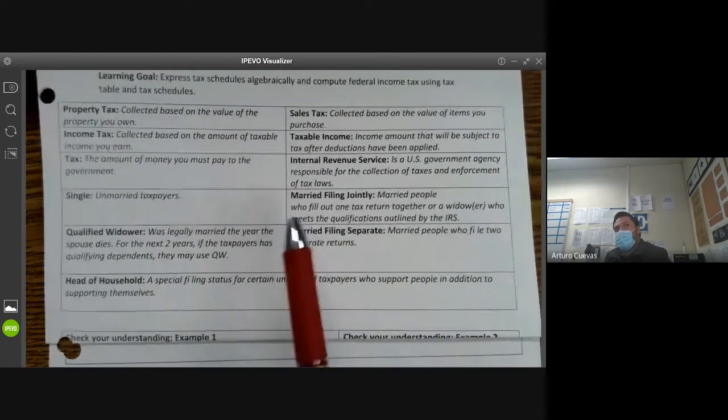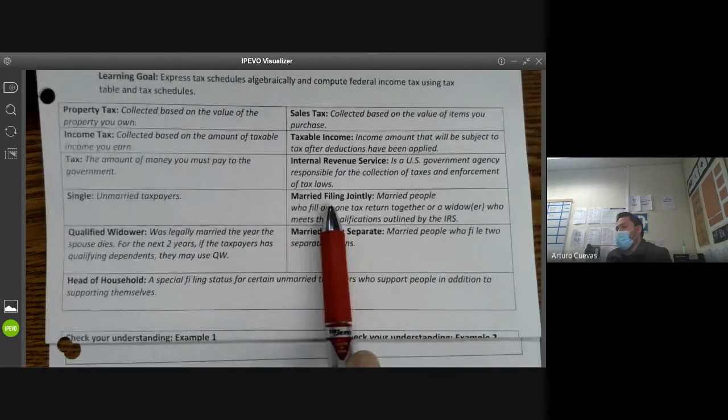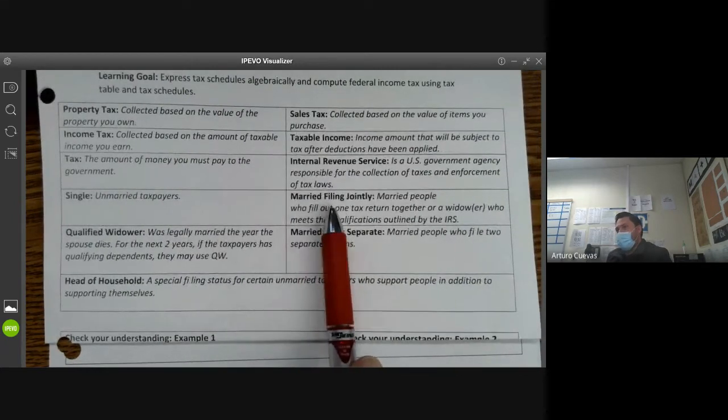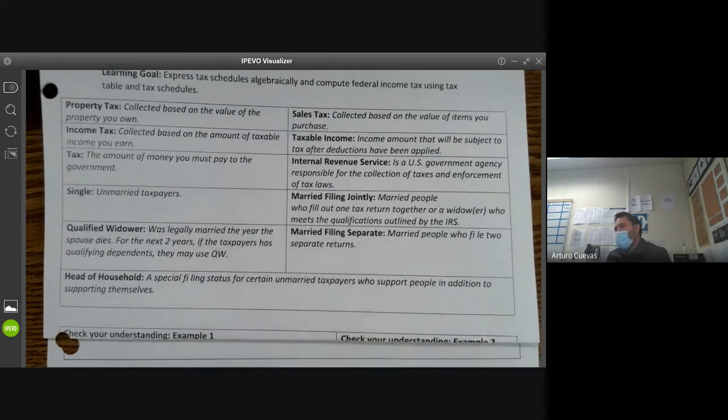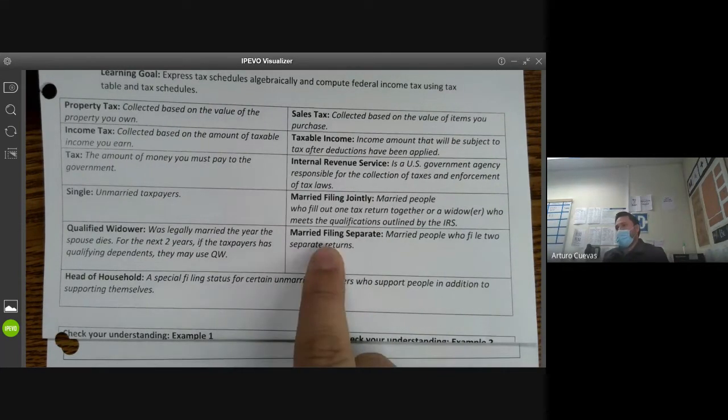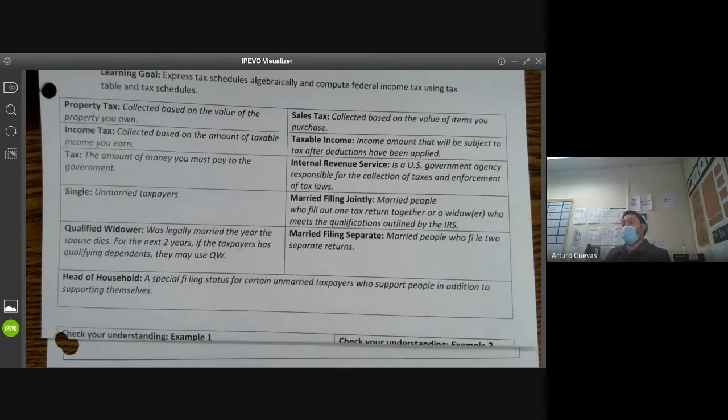Most of the time, it's better to file jointly because you get a little bit more money back from the government than if you do it separately. But you might want to do it separately. Some people are very much like, your money's yours and my money's mine, and don't mess with my money. My house is mine, the car is yours, you know? And they want to keep everything separate. So that might be one way of keeping everything separate, if you don't want your spouse to know how much you're making, etc.